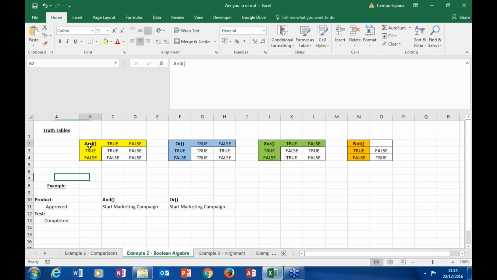For instance, the AND formula combines two statements, and it says only if both of these statements are correct at the same time, that's when the overall value is going to be true. Otherwise, it's going to be false. The OR function says if at least one of them is true, then the overall value is going to be true. Otherwise, it's false. So that might seem a bit abstract, but just to make an example, AND would be